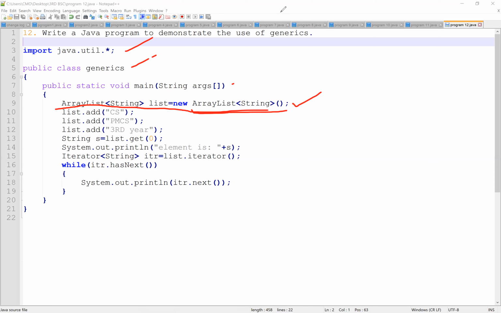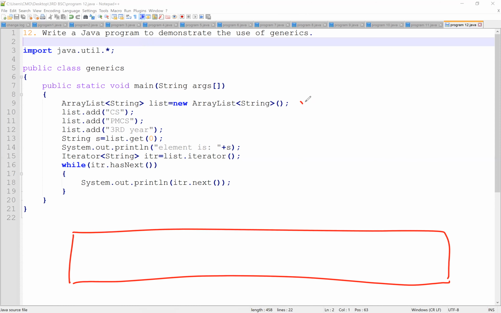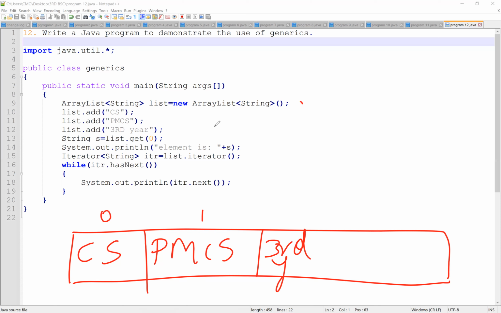After that we need to add elements to our list. Now an empty ArrayList is created, and we need to add elements to it. The first element is CS, which will be in index 0. Next is list.add PMCS, which will be in index 1. Next is third year, which will be in index 2, and so on.